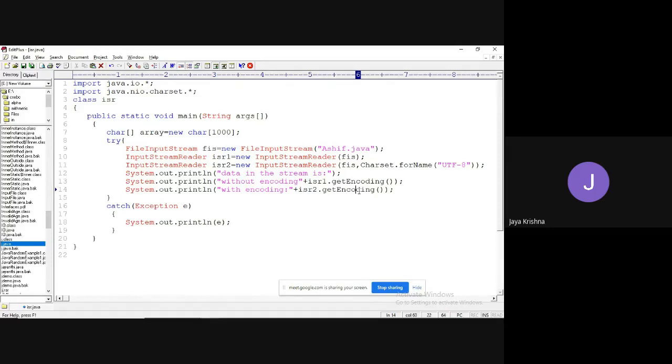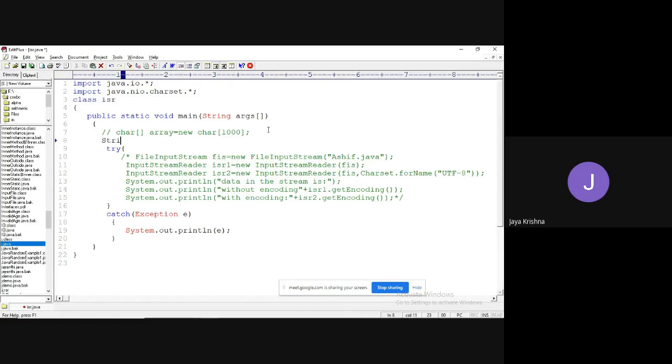Fine. Next, we'll see output stream writer. In this output stream writer, we need to write the data into the file. How are we going to write the data into the file? Let me take a string, jk equal to "Hi, welcome to CSE branch."